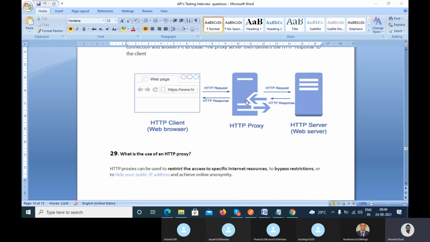If they go through the HTTP proxy, then the proxy will generate another IP and connect with the server, so the client will not know the IP address of the HTTP server. The IP address is very important. If any hacker knows the IP address of a server, they can do anything. That's why we have implemented the HTTP proxy layer here.